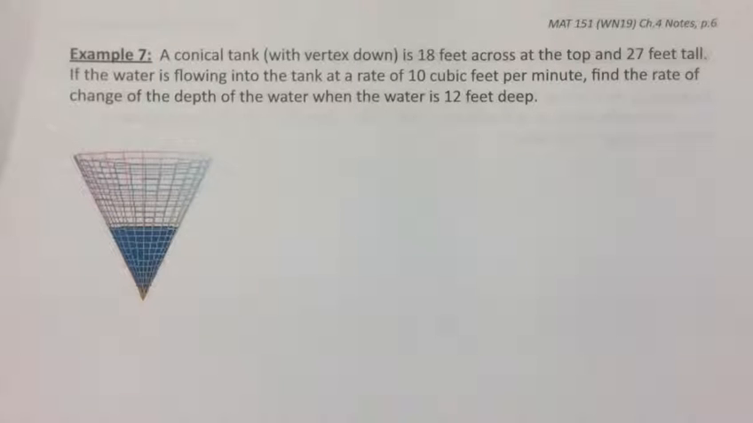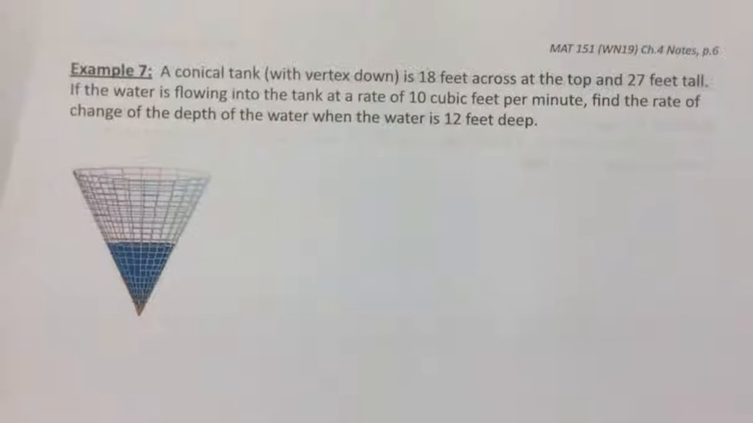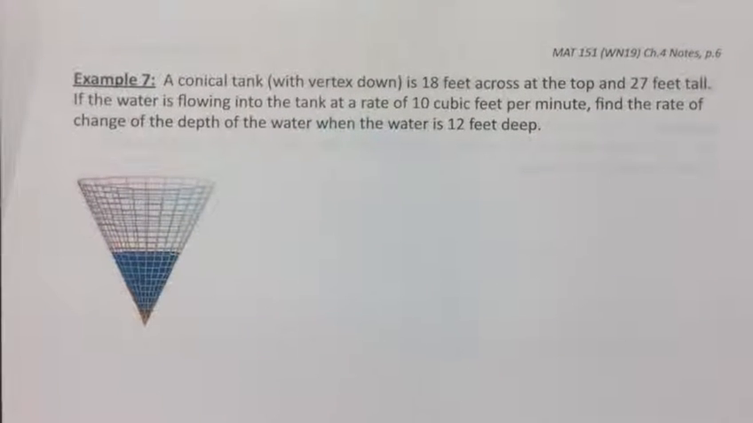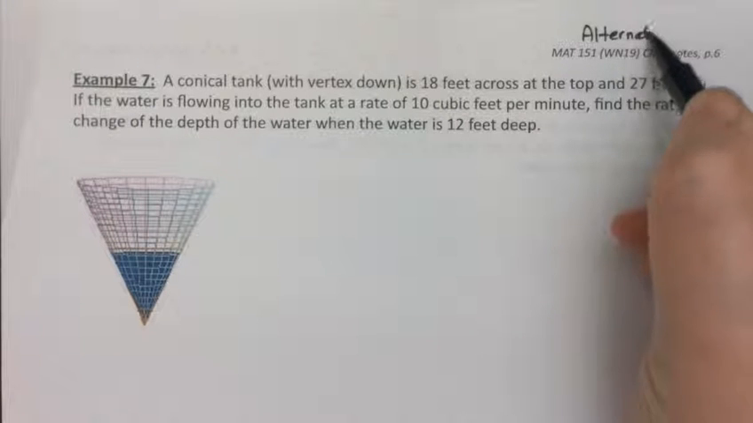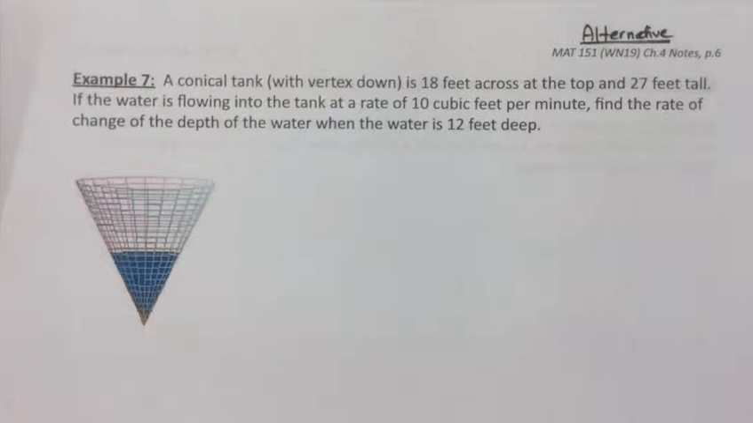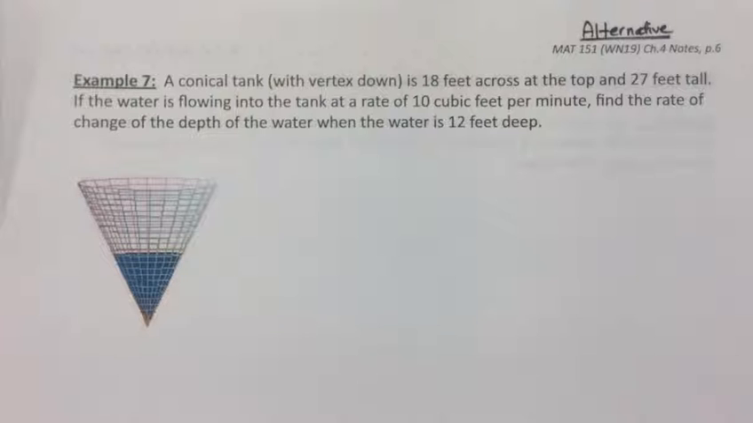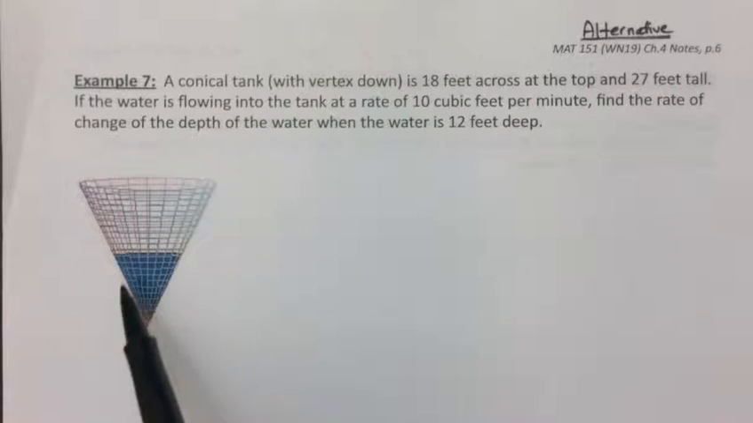I'm going to begin the optional examples by redoing example 7, but with an alternative method. I'm going to show a slightly more difficult method than what I showed in class. So I'm going to show the alternative in the hopes that it would be instructive and help you learn how to do related rates. Okay, so we have a conical tank with the vertex pointed down, so it's a cone